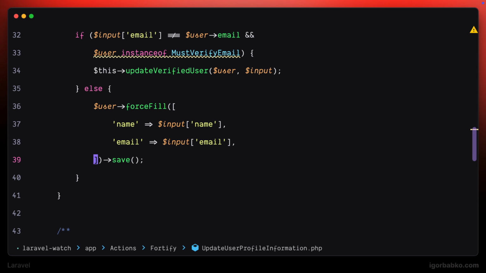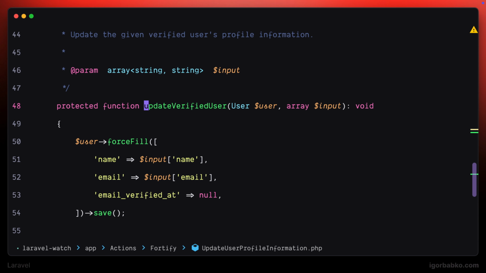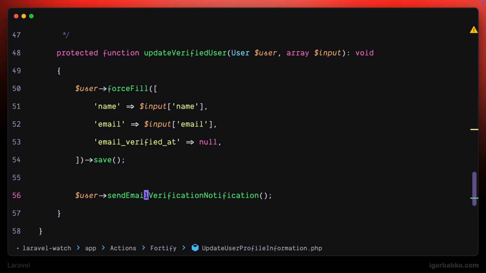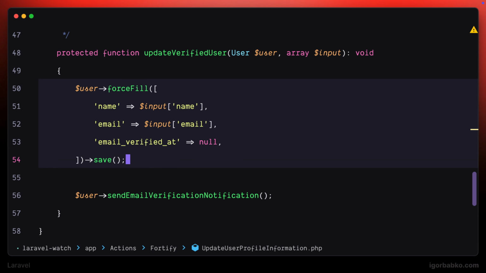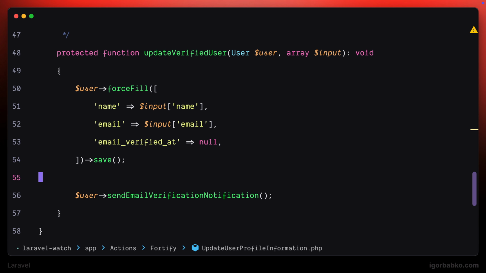Alright, let's also take a look at the implementation of the update verified user method. Right here, we're basically doing the same thing, which is updating some of the user attributes, including email verified at. In this case, we have to reset this attribute. And besides that, we are firing this call send email verification notification, which is responsible for sending new email verification